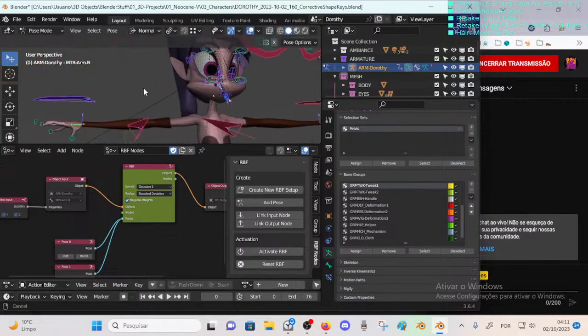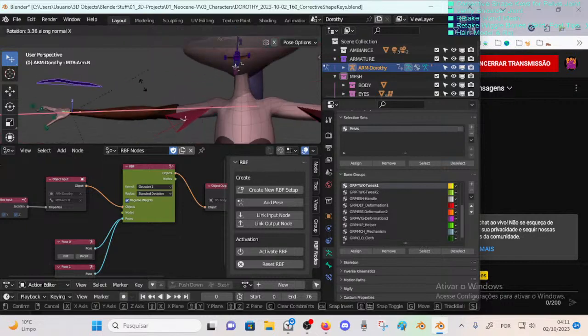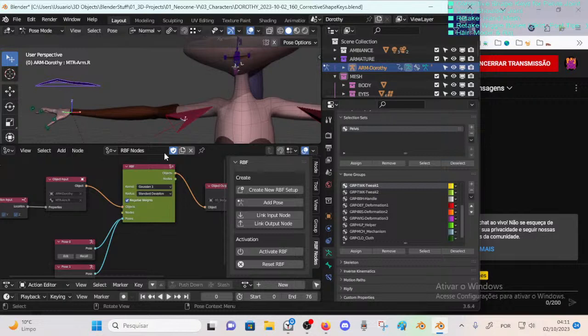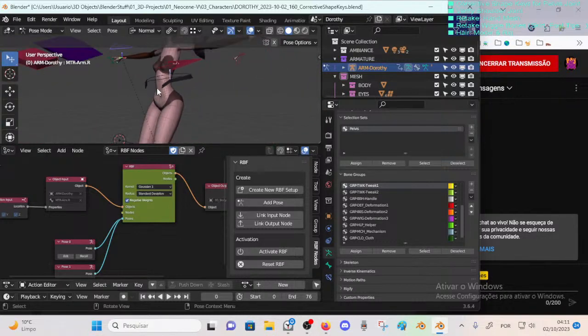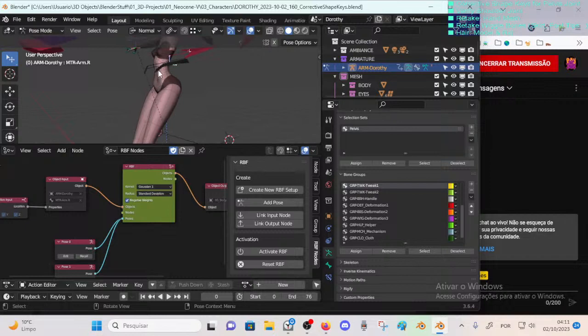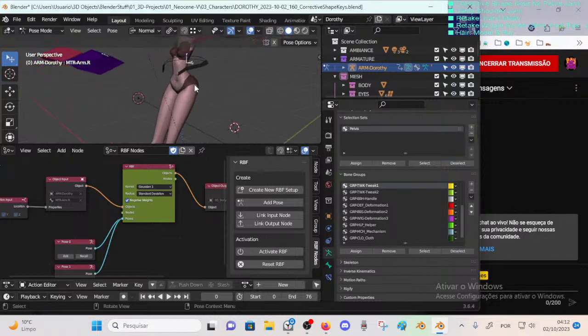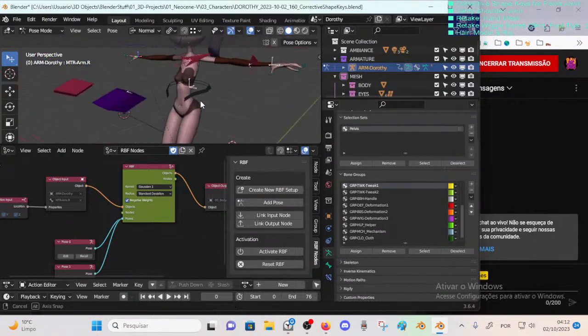The problem that I found, which is sad, and I don't know if there is a solution for that, is that it is not possible to have a secondary bone to do this. So this is a huge problem for me, because usually when I do corrective shape keys, for example on the thigh, on the hips joint, it is a relation between this mesh and this mesh, and I think this happens because we are taking the deformed bone and also using the bone that rotates, so the deform bone will affect the mesh, and the mesh rotates, and so this will affect the shape key